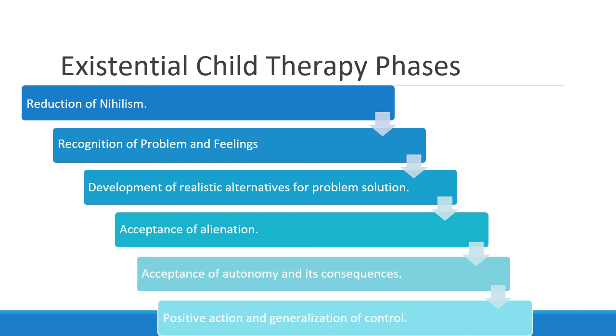And the therapist in this stage is continuing to link the connection between choices and behaviors and others' responses. And there's lots of encouragement in recognizing the limits and the control that the child has in this too. And the focus in existential therapy is on choosing growth, engendering alternatives, and recognizing both possibilities and limits affecting change. So we're looking at the environment and we're looking at what control the child has in their environment.